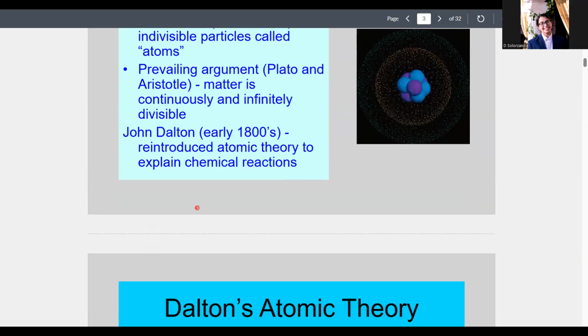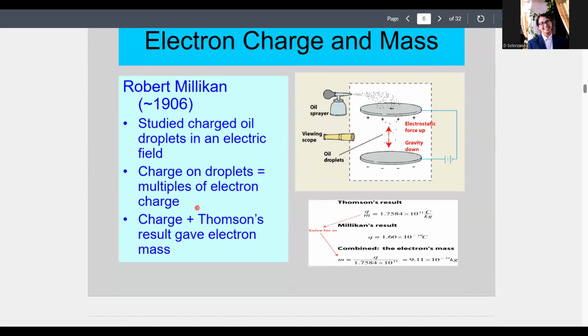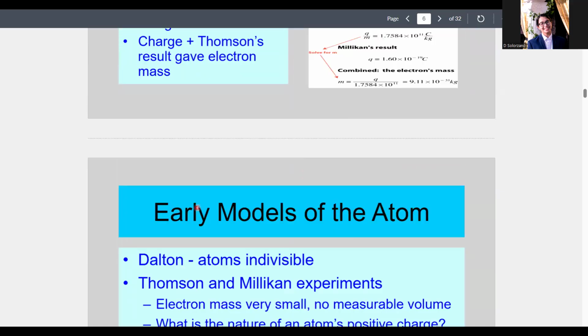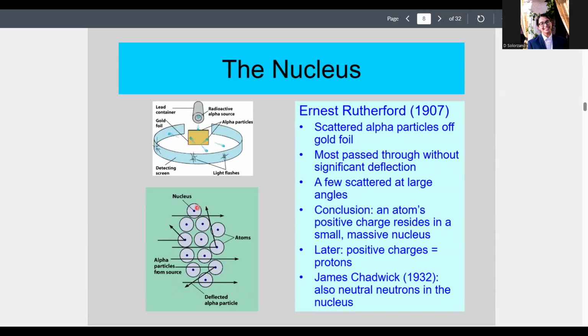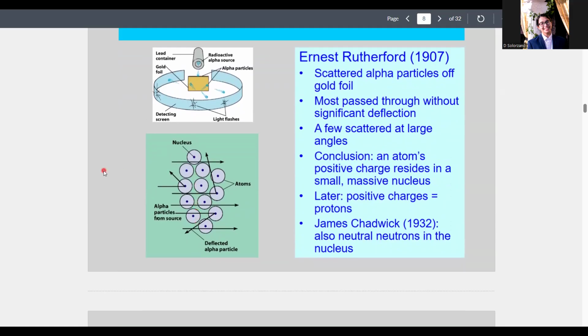we discovered the fact that atoms exist first, and then we discovered that there's something we're calling electrons, and we can have the charge mass ratio. So we discovered the atom, then we discovered the electron, then we discovered the nucleus, or the protons, and then finally we discovered the neutrons in the nucleus. So order of discovery: atom, electron, nucleus, neutron.